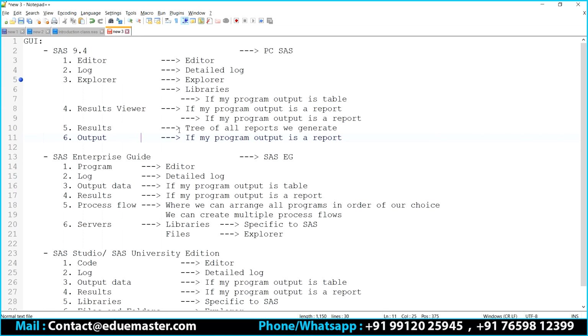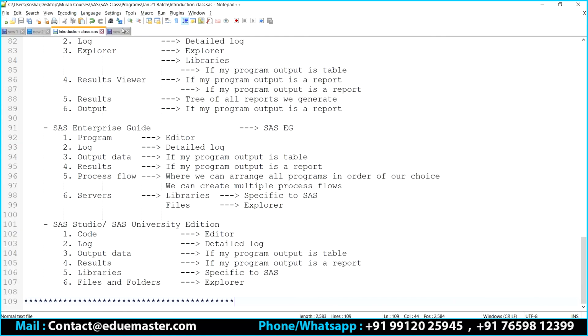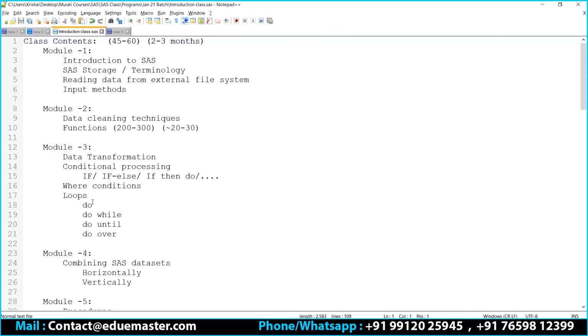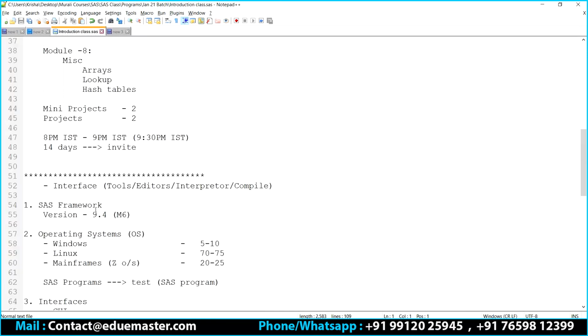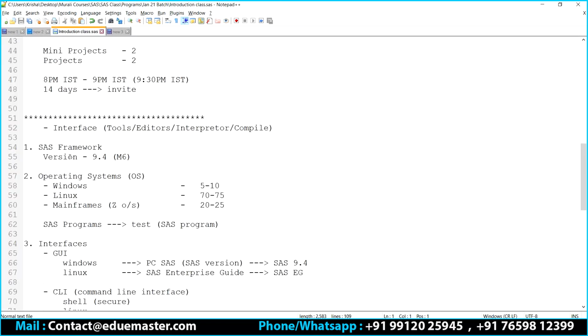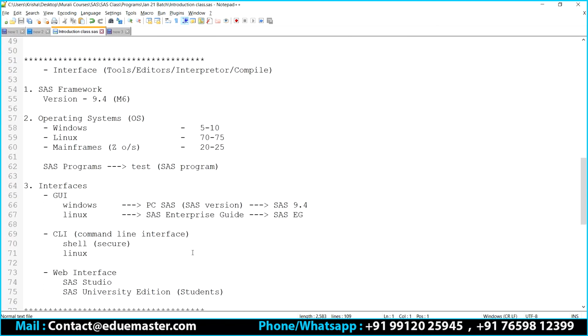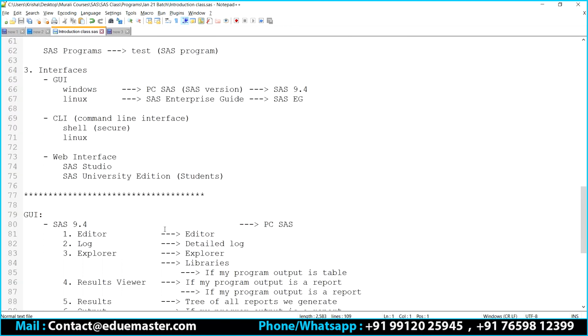This coming Monday, the 25th, we are going to start with the programming part, where I'll give you the introduction to the terminology. So far, the first day we discussed the course content and the project details. The second day we talked about the various interfaces and where SAS will run.